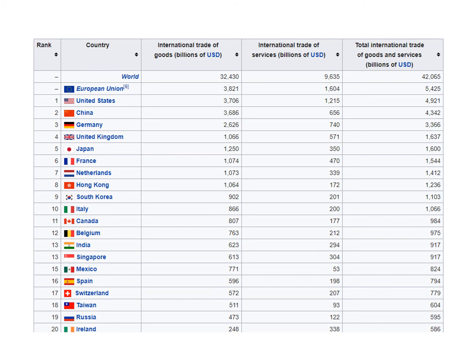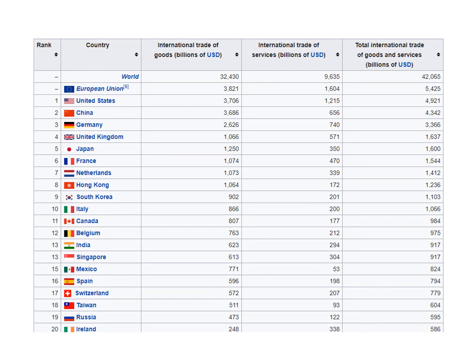Singapore, Mexico, Spain, Switzerland, Taiwan, Russia, and Ireland, rounding out the top 20. So these are the most important countries when it comes to trade. Now, one important idea before we move on. We already said this, but it's worth reiterating. Most of the U.S. trade is with other modern industrialized countries. So this makes sense when you look at this chart because it tells you which countries are involved with the